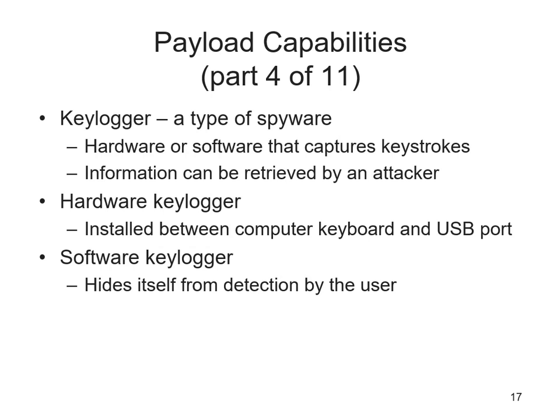Now here they are explaining how dangerous it could be if there are different payloads on the computer. It could be in the form of a keylogger, where it's constantly keeping track of your keystrokes on the computer. Now if you're entering any username and password, it would be copied using these malwares and the hardware or software that captures the keystrokes. And the information can be revealed by the attacker in the form of a PDF document or an HTML file or a simple text file, which would be saved somewhere on the computer. Now there are hardware keyloggers as well, which install themselves between the computer and keyboard or USB port, and keep track of the kind of data which is being transferred through that. Or a software keylogger which hides itself from the detection of the user.